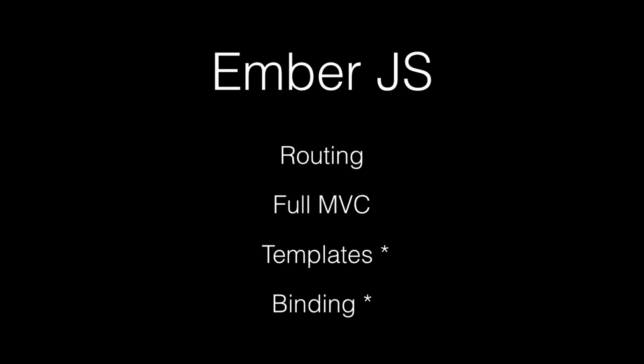Ember.js had routing built in. Routing was based on a state machine, which at the time was a brand new concept. The fact that as you move from A to B, as you transition, you get to fire events. It was very difficult to get out of sync. Your app was a full MVC. We had templates, we had binding, which meant that as your object's properties changed, all of those changes were reflected everywhere in your application. Great.